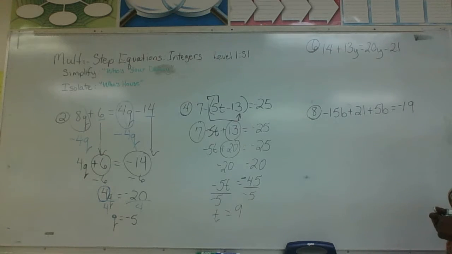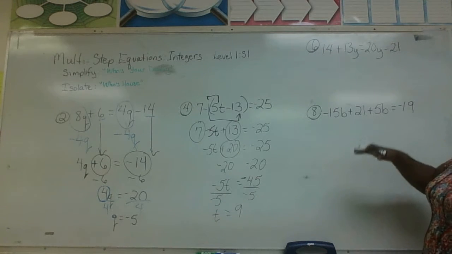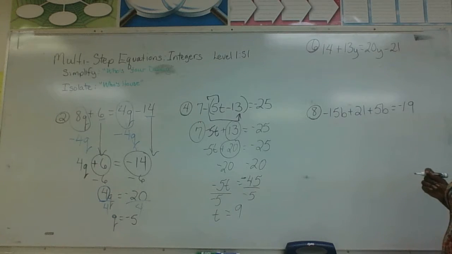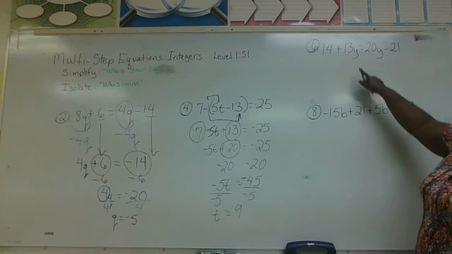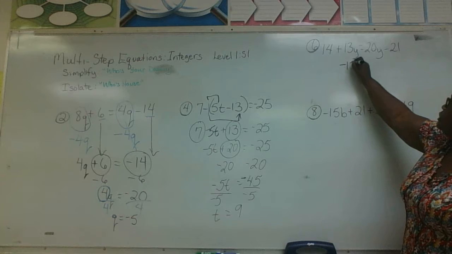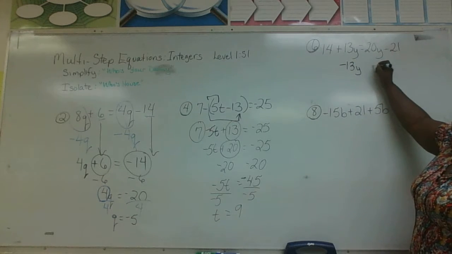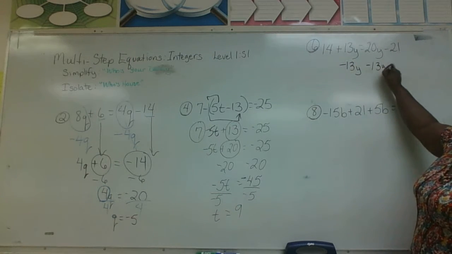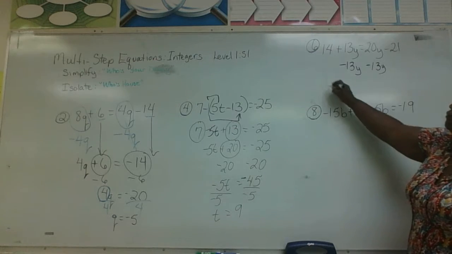So remember, we try to move the smaller value if the larger value is positive. So here, let's move the 13y by taking the inverse, all right? And therefore, we have 14